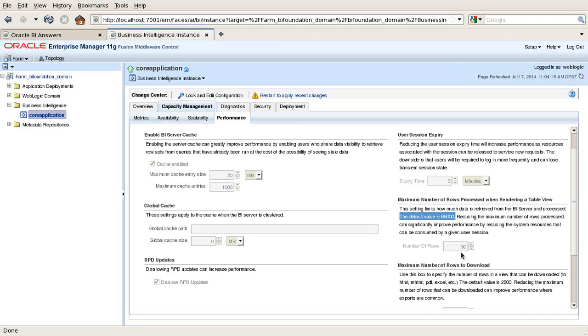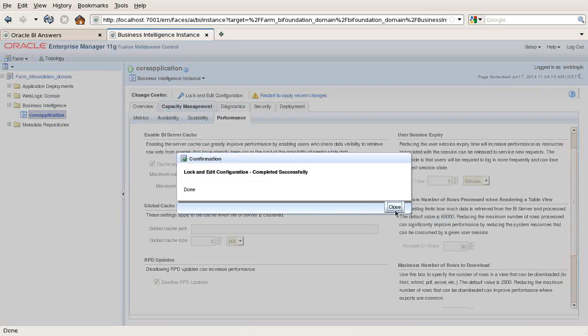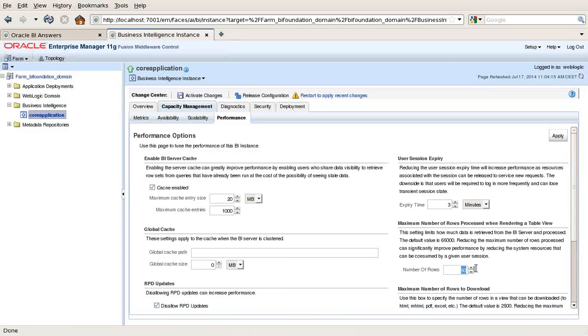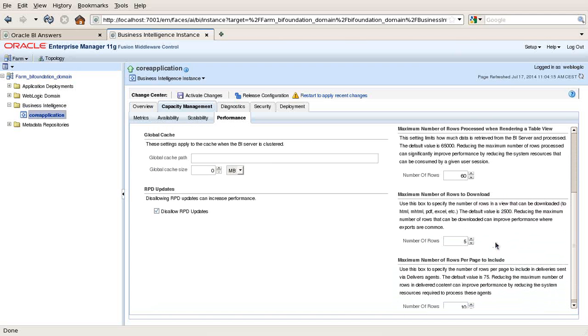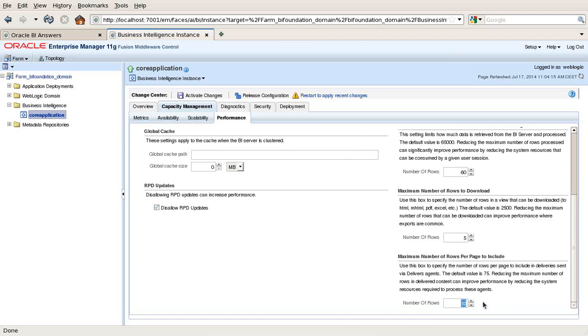The number of rows is determined by you. Often you can pick one of the largest processing queries and apply the number of rows it processes and fix this value. In my case I have written 50. I can override this value, whatever you want. Then there is the number of rows to be downloaded by the user. Post processing of your report, when you click on download in Excel or PDF format, how many rows are going to be processed? I specified 5 over here. Similarly, number of rows to be displayed per page I mentioned as 10.